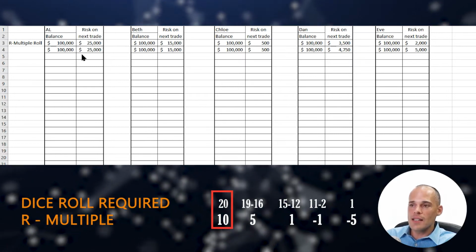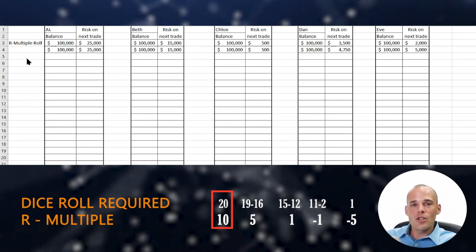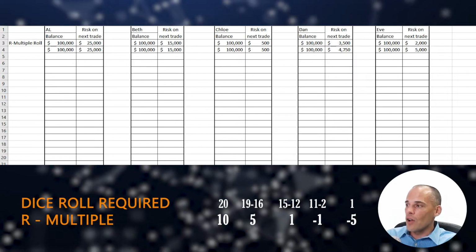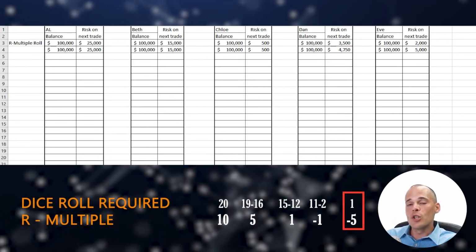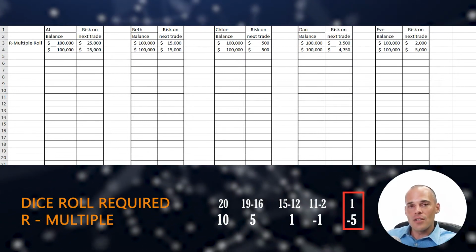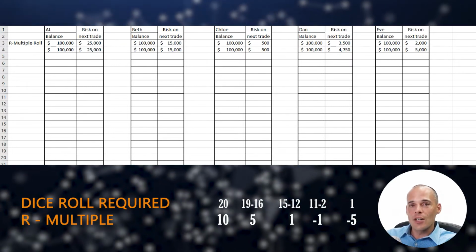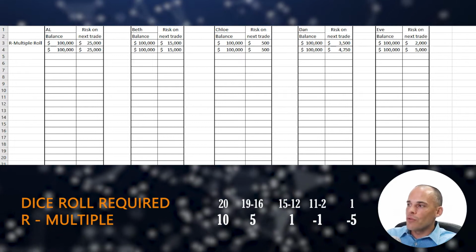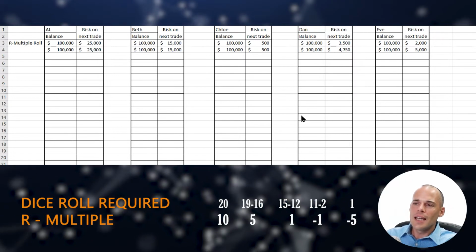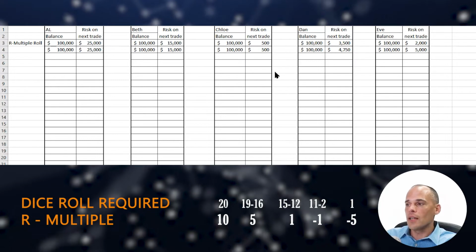What that means is if a trader or investor, it doesn't matter, risks $1 and they roll a 20, they're going to get $10 in profit. If they risk $1 and roll a 1, they're going to actually lose $5. That means it blew through their stop loss or some method to protect their downside. Whatever the roll gets will provide the R multiple that's gained or lost. Through this simple process, I'm going to be able to compare how each one of these 5 traders does. As I've already said, each one of these traders has a different methodology, or algorithm you can call it, of position sizing.